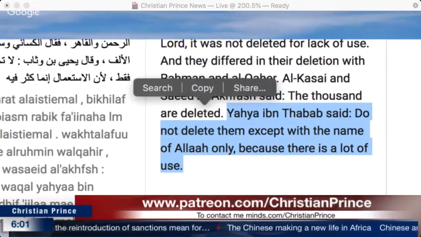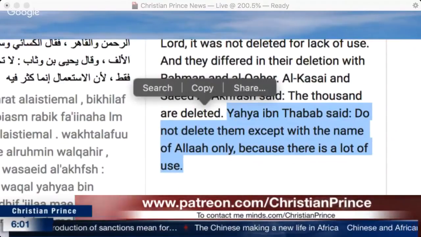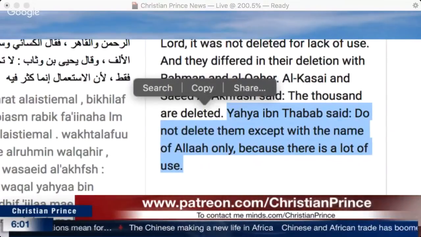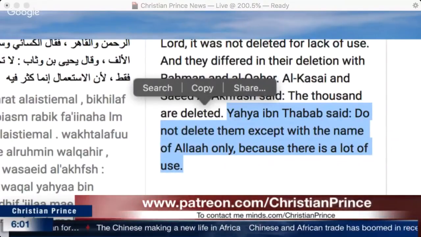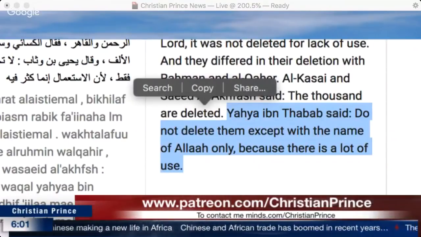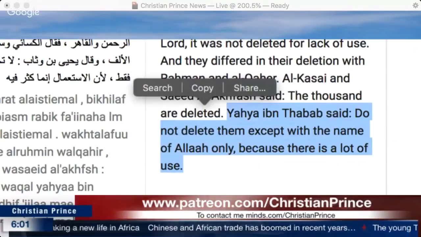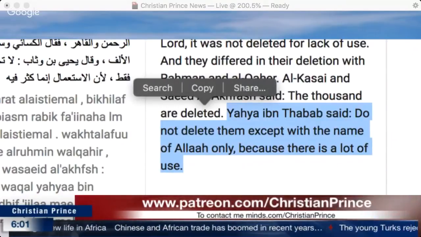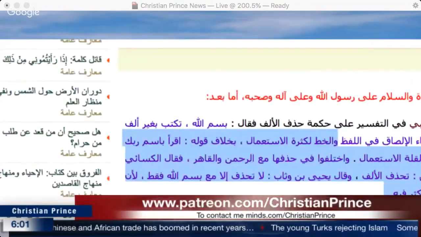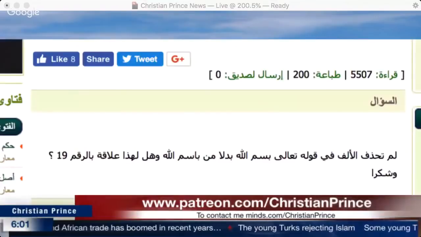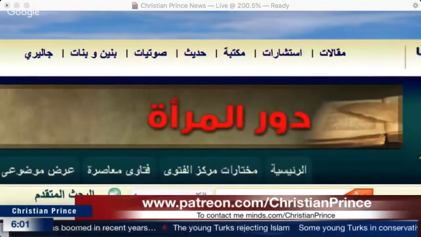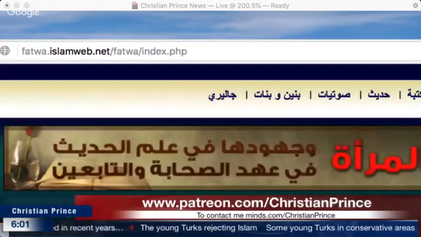In order to say Bi-ism, which is hard to recite and to sing the Quran, because remember the Muslims sing the Quran. So when they sing it, if they want to say Bi-ism, it's not good. So to make the song nicer, they deleted letters from the Quran. This is the opinion of the Muslims. This is not me saying that. You can go right now and check this fatwa, fatwa number 505507, on the official Islamic website, Islam Web Fatwa. You see at the top it says fatwa.